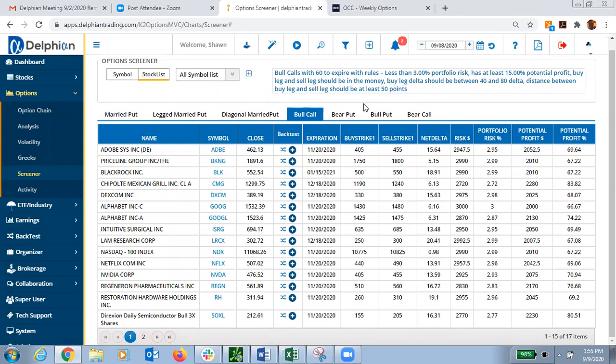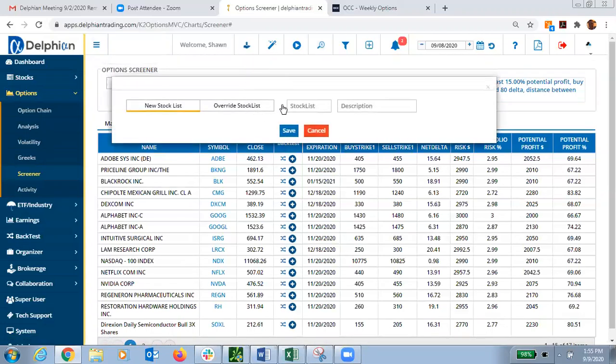And Shawn, you can do that by creating a stock list out of this and then going into the custom screener and adding in whatever criteria that you want. So we could try to do that. I haven't done that using this, but we go to add to stock list. I could create a new stock list. So let's just say something like